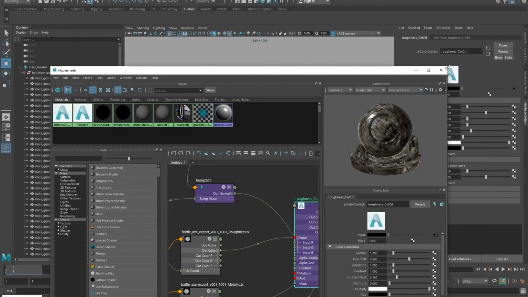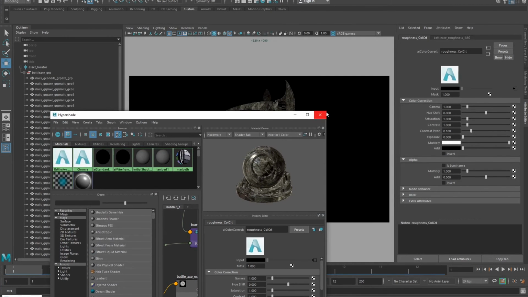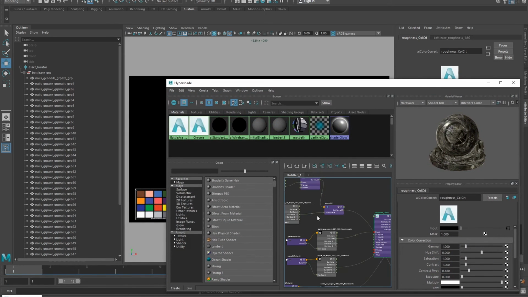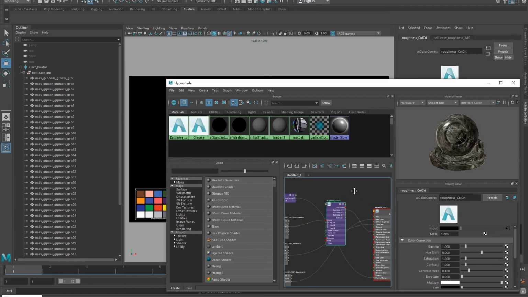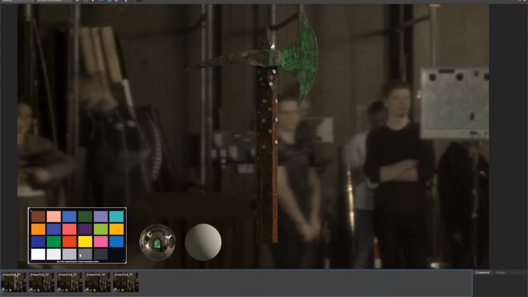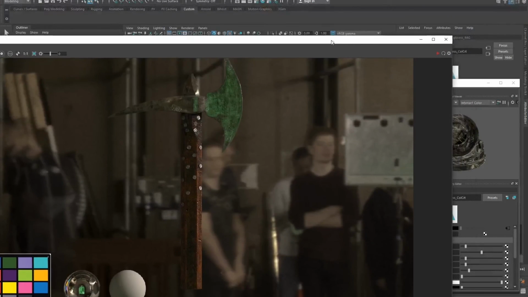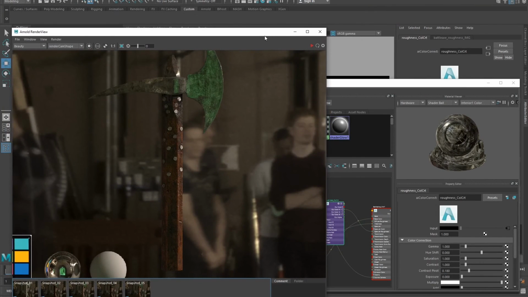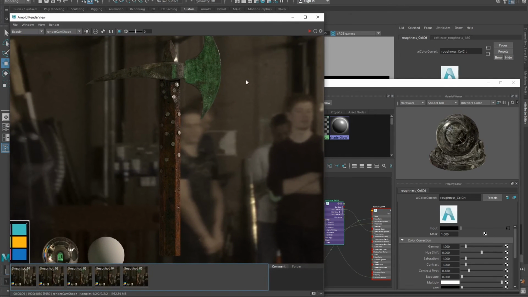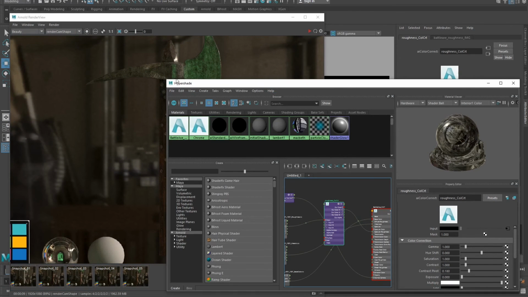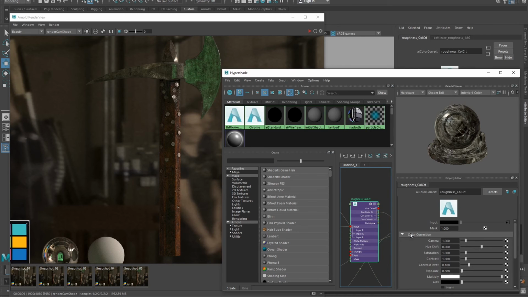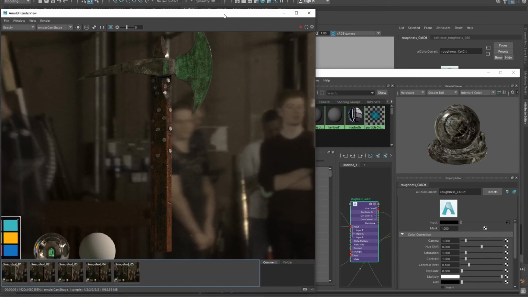And you'll probably end up doing this for each of your maps if you're look deving. But it depends what's needed, really. Even if you're not sure whether it needs to be done, it's always worth just having a play around. A lot of the time, I would personally say that the one that makes the most difference is adding a color correct to the roughness,